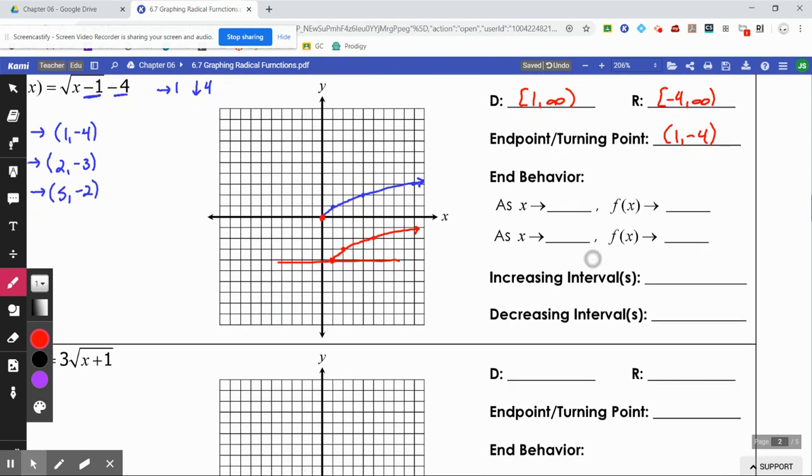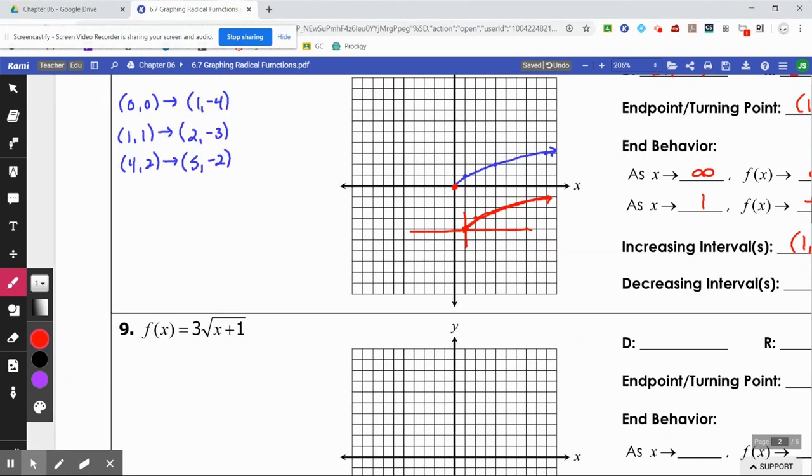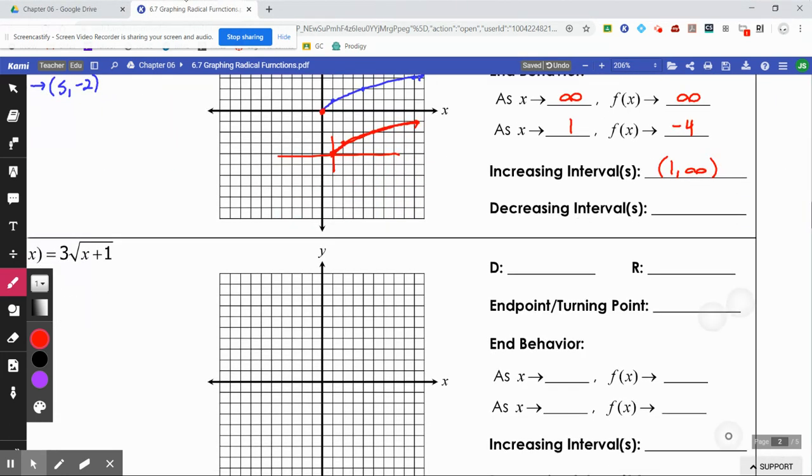The end behavior, as x goes to the right, your graph goes up. As x goes to the left, it approaches this positive 1 value. So as x approaches positive 1, your y value approaches negative 4. Your graph is increasing everywhere. It starts here at positive 1, and it increases forever. So your increasing interval will be 1 to infinity, and your graph never decreases, so you will not have a